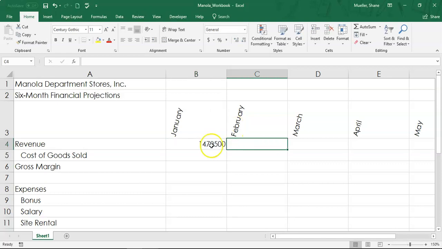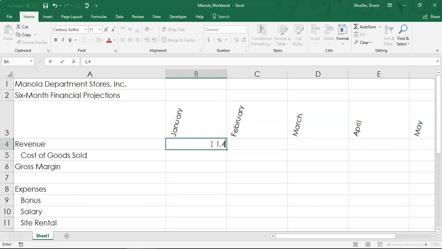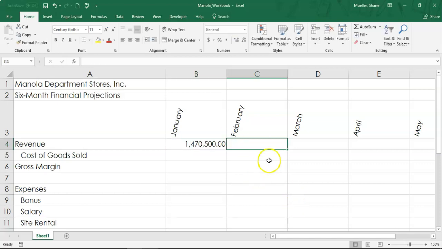1,470,500.00. Oopsie, and let's do that with 1,470,500.00. Let's do it that way. All right, and again, we're just applying the formatting here because if we don't, it's going to give it just a generic formatting. Our February revenue is